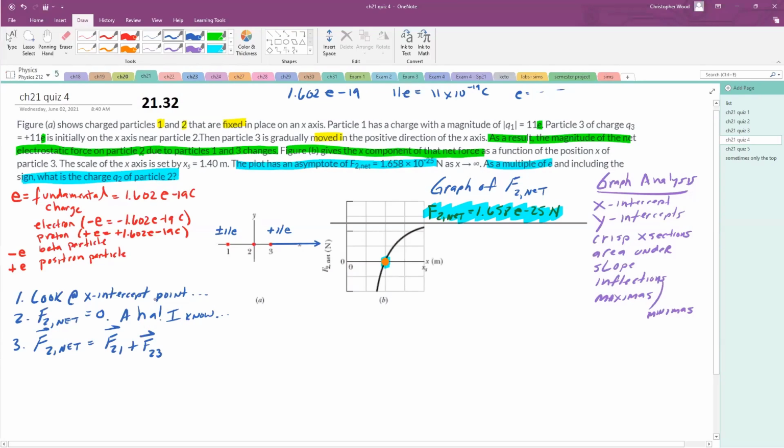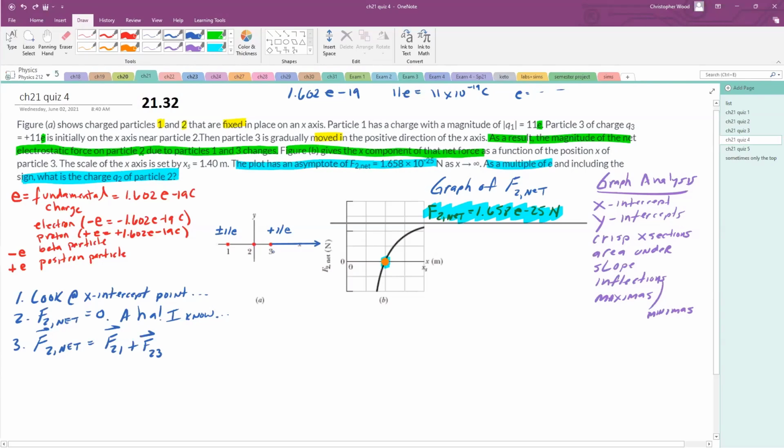All right. So let's see, particle 3 has a charge of Q3 positive. Particle 3 is for sure a positive charge. I wrote it down already. That's positive 11. So what happens at